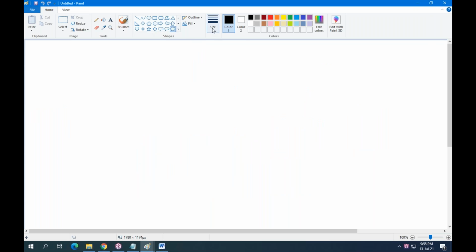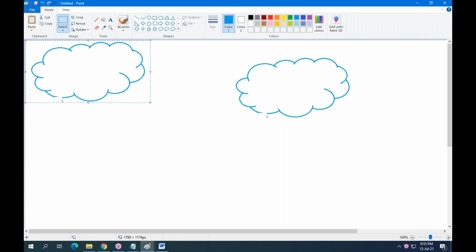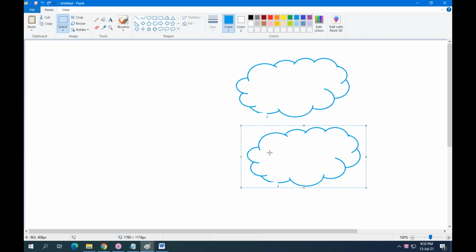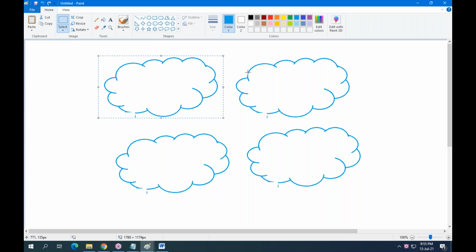In case of cloud, assume that this is a cloud. This is one cloud.